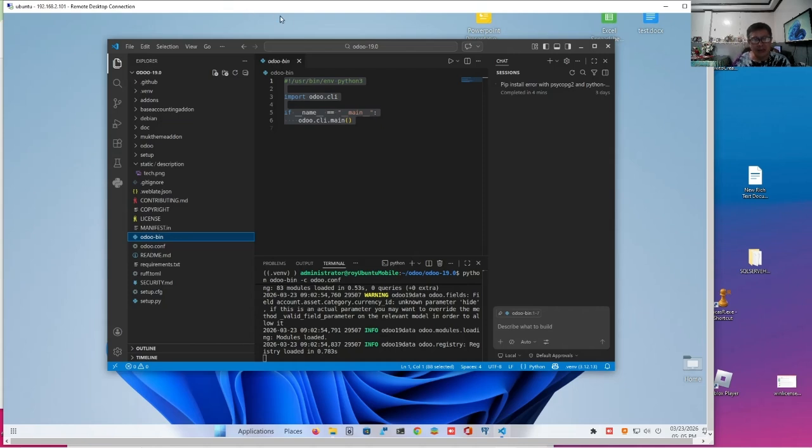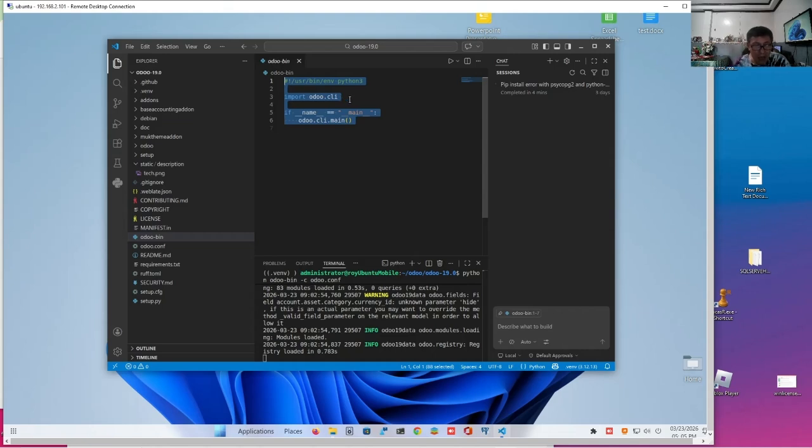Now in JavaScript you say import from. So there's just a slight variation. When you say import, you specify the functions that you want to import, and from you specify the file that contains the functions. Now in Odoo, it's the reverse.